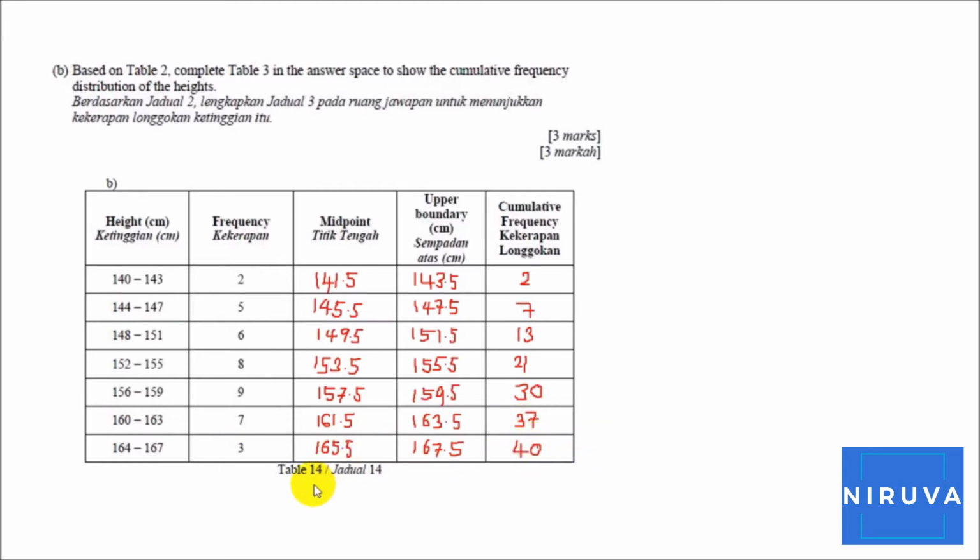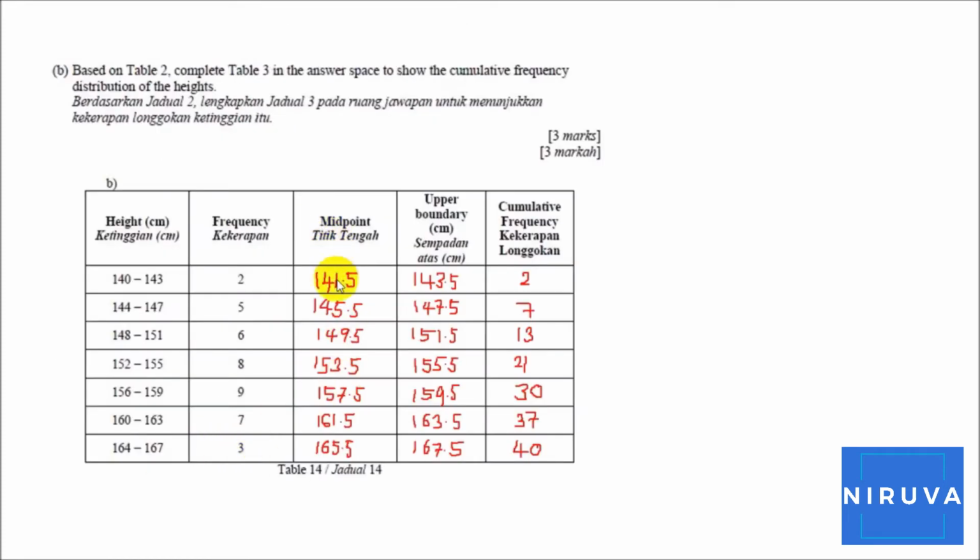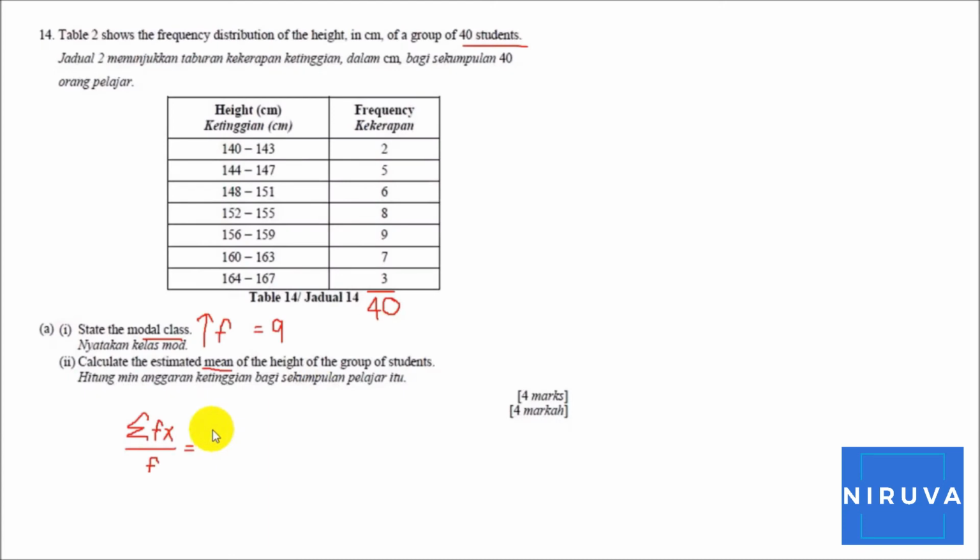So now we complete table 14. Next, we can calculate the mean of the height. So using the formula, the sum of frequency times the mid interval divided by the sum of frequency. Okay, by using this formula, first refer to the previous table, which is table 14. So the midpoint times the frequency, and we're going to add up all the values. So first